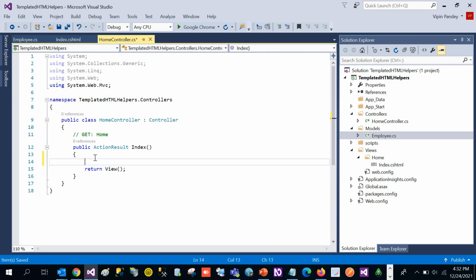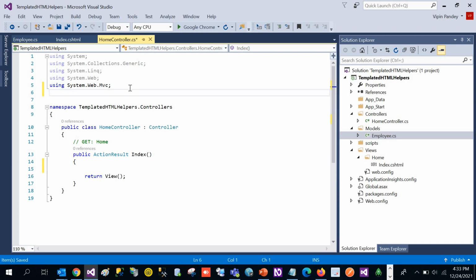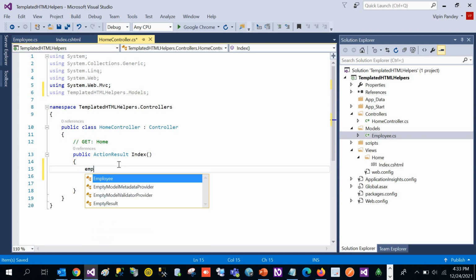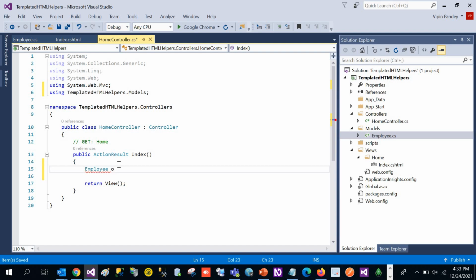So we are going to use this employee model. So let's give the reference of this employee model, using the name of the application, templated. And over here we can now use this employee model inside this controller, right? So creating the object of this class,